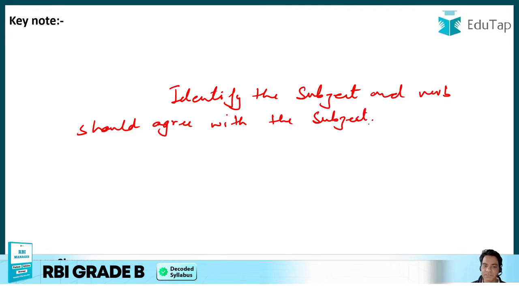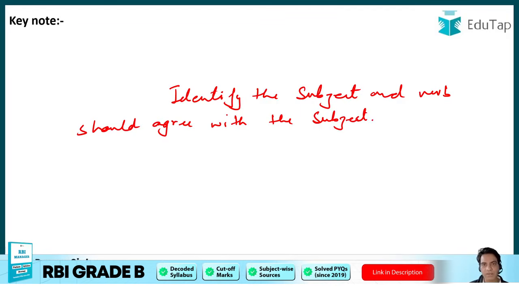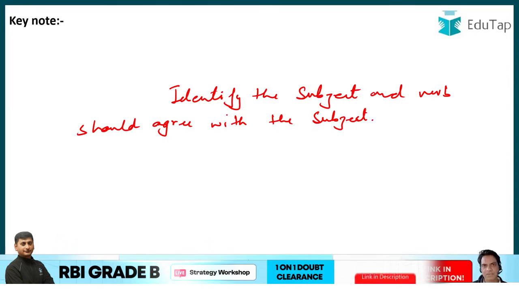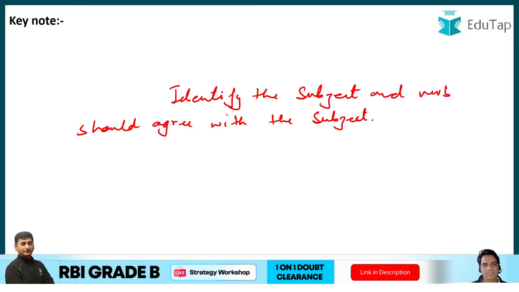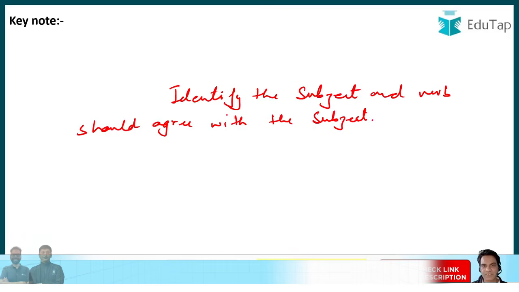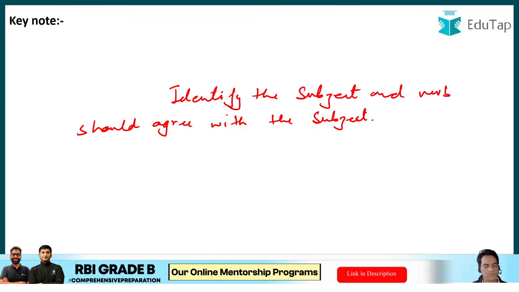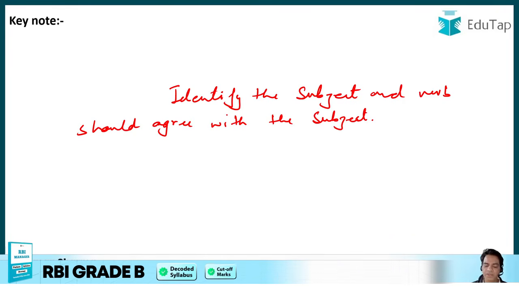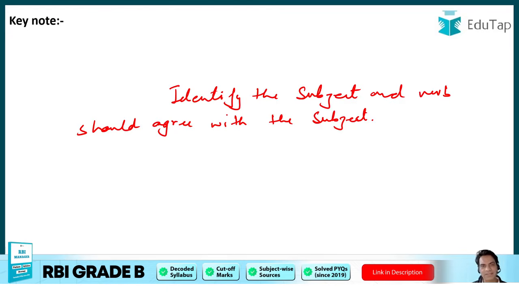Now there are exceptions which we have shared with you. Number one, if we are using of, always look at the noun to the left of of. Then we saw the conjunction and. There is only one conjunction in the English language that can make two subjects in a sentence, and that is and. With any other conjunction, do not look at the second noun, only look at the first noun. With or and nor, the verb will always be singular, but with either or, neither nor, and not only but also, you look at the noun closer to the verb and then decide the verb.